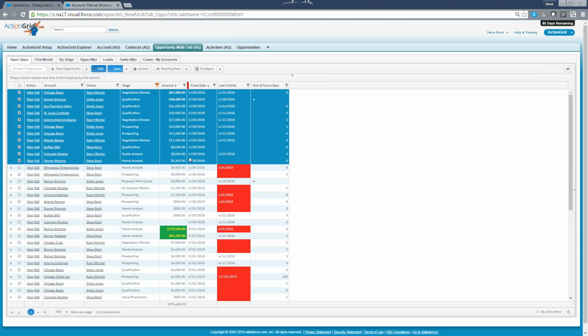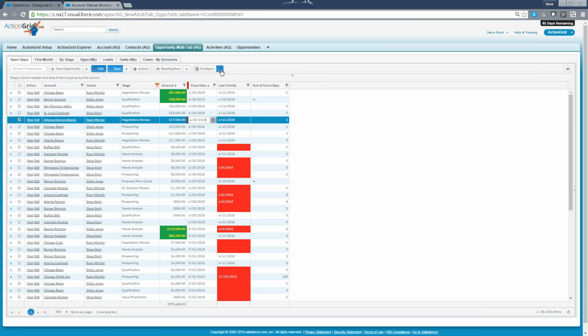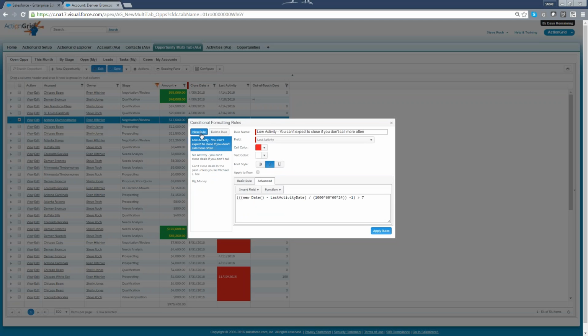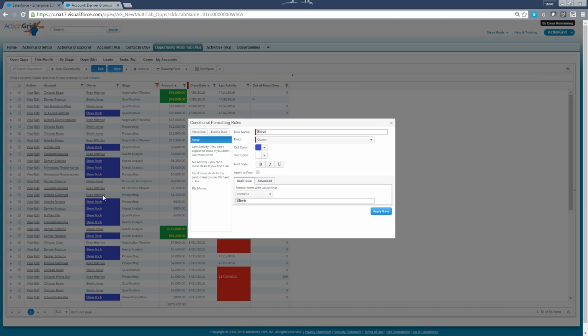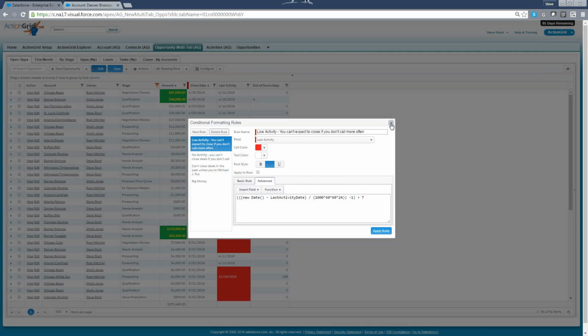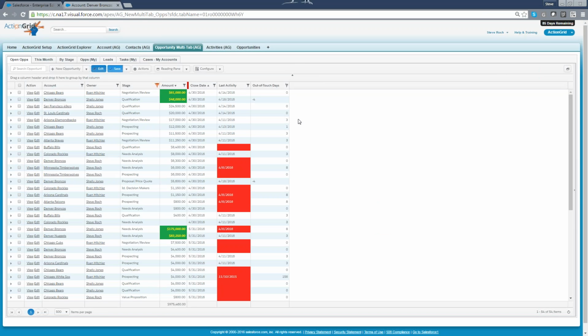Now, the other things you'll see about this grid besides conditional color, by the way, if you want to see where those conditional color formatting rules are, it's a simple rules-based engine. If you just put a rule in here, like a rule in the owner field where the owner contains the word Steve, make it go blue, and all those rows you'll see right there turn blue. So very simple to do the rules engine,